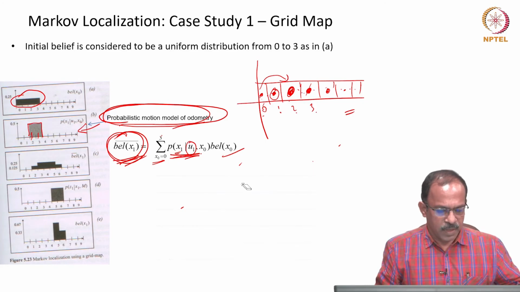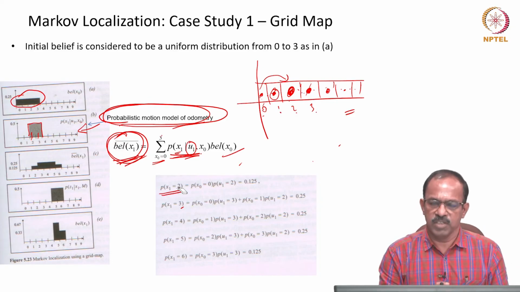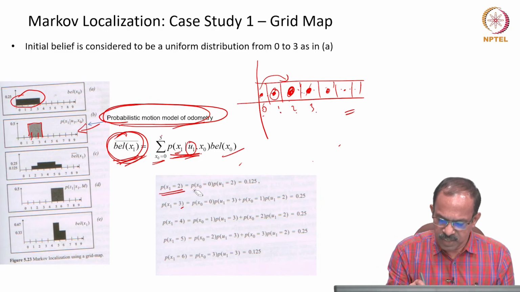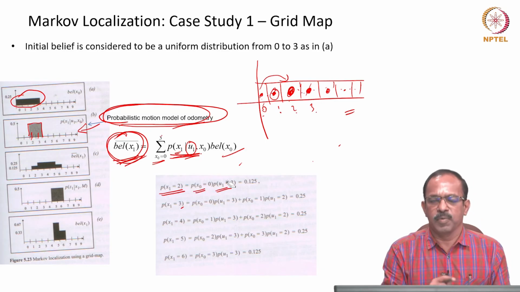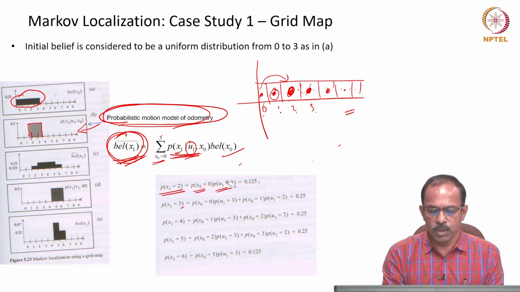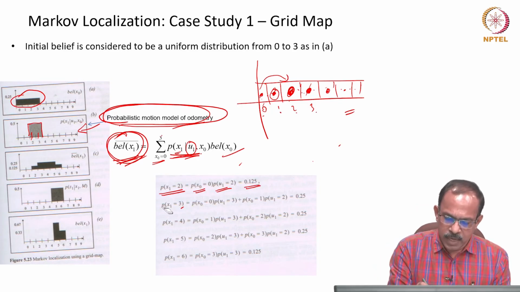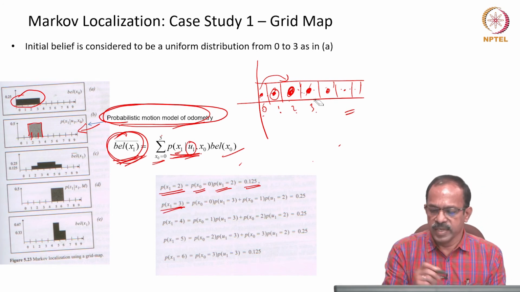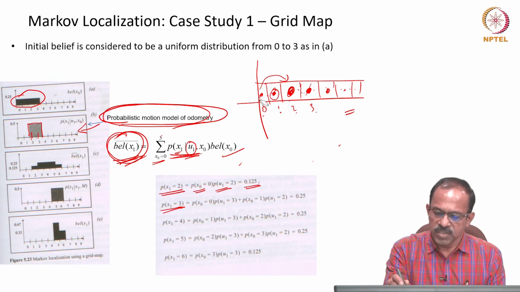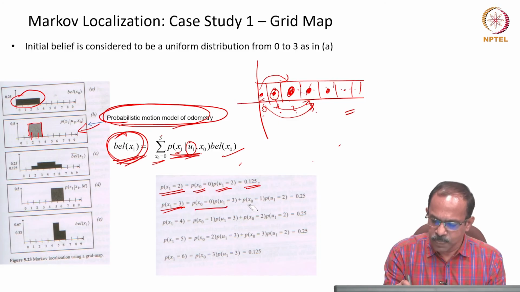So, you can see here the probability that the robot is at 2. The probability that x1 is equal to 2 is that x0 is equal to 0, multiplied by the probability that the control input was 2. That was the only condition under which the robot could be at 2. So, you will see that the probability is 0.125. Similarly, the probability that the robot is at grid 3 is: initially it was at 0 and then travelled 3 units, or initially the robot was at 1 and travelled 2 units. These are the only 2 possibilities that the robot could be at 3. So, we will find this plus this.